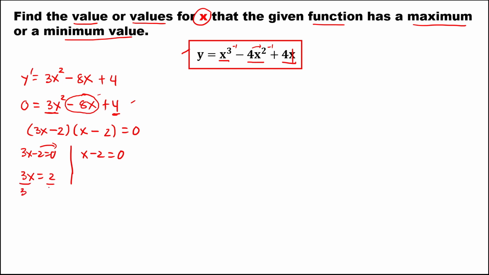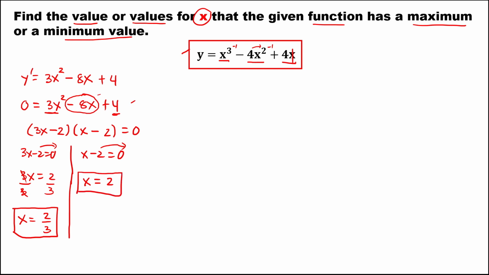Then divide both sides by 3. So x equals positive 2 over 3. Then the other one, x equals, transposing, positive 2. So these are the two values for x. Then to find the maximum and the minimum value, we're going to use the second derivative test